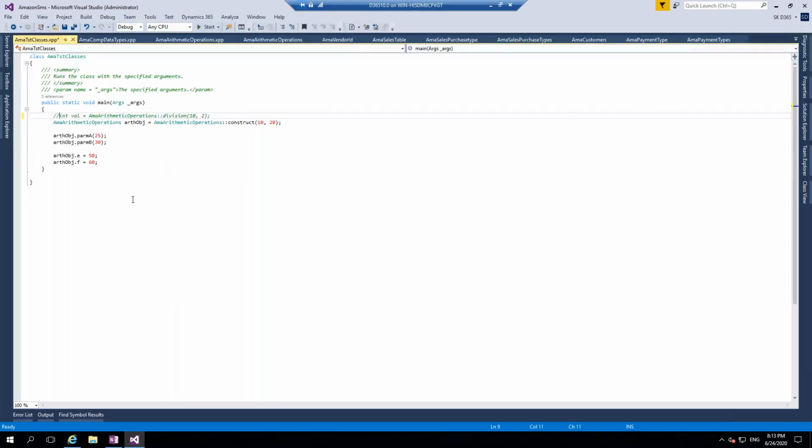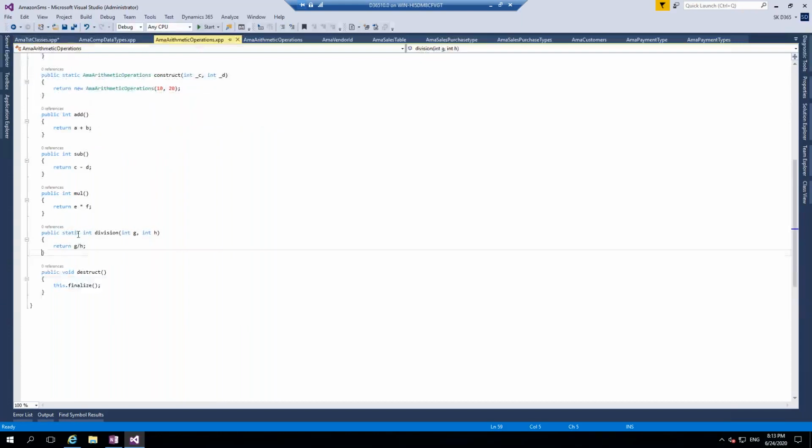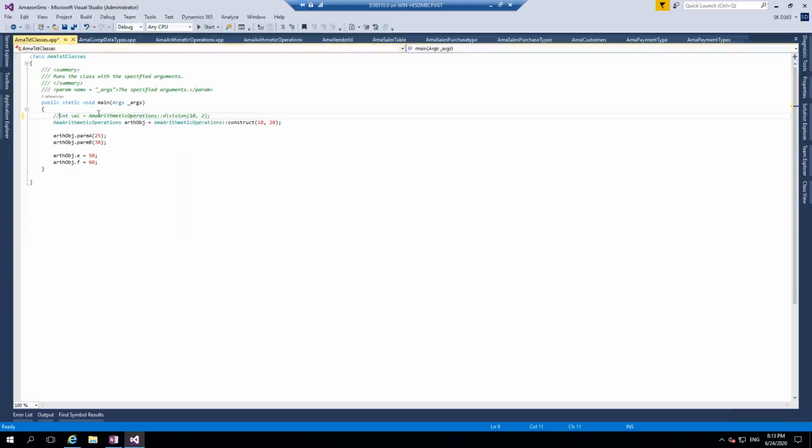Okay. Now let me do one thing. Let's keep one static method. Why not? We can keep it. Okay, done. Now how to print these values? If you want to print those values, it's very simple. You can simply use info and then the same strfmt. Here you need to use addition is, the value would be %1 comma arithmetic object dot add. Okay, now you might ask,